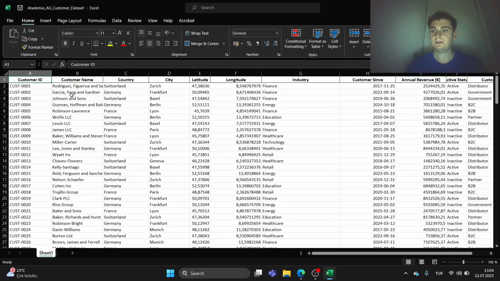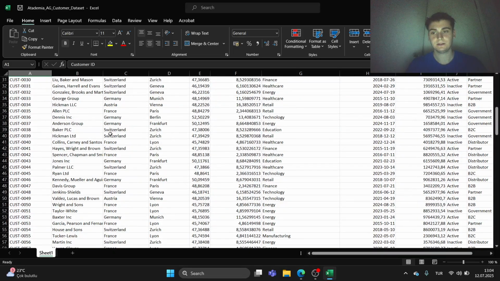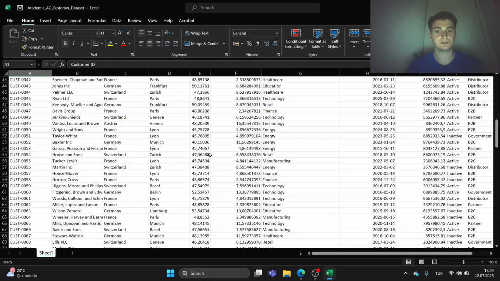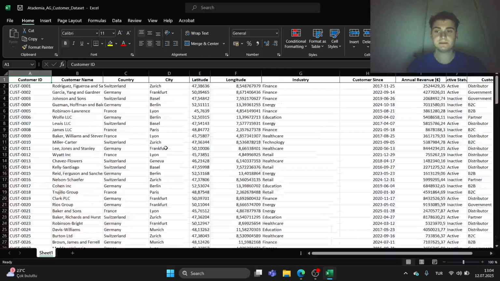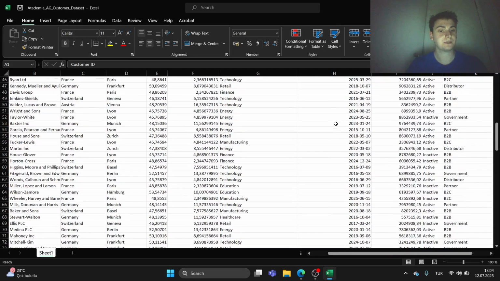So this is my table. As you can see, I generally sell my products to Europe, like France, Switzerland, and Germany. And we have the cities of our customer locations, for example Lyon, the Viat company, and we have the latitude and longitude and the industry type, which for Viat is retail industry. And we also added the customer date,